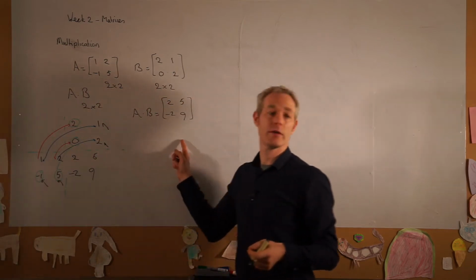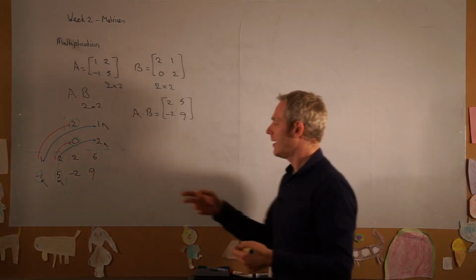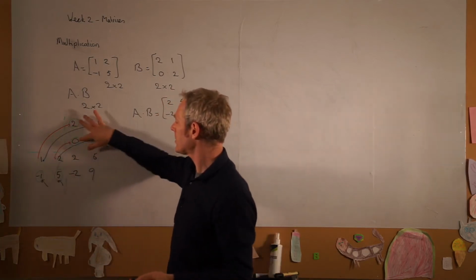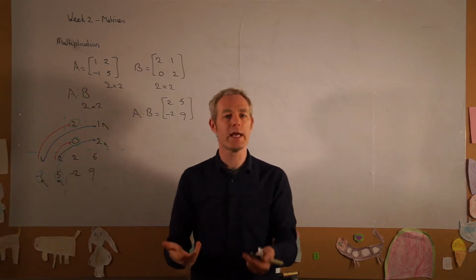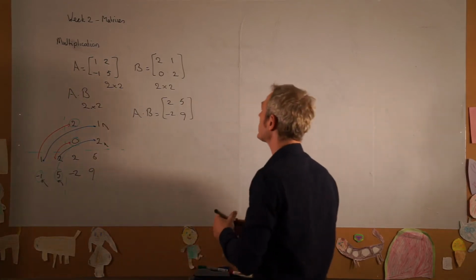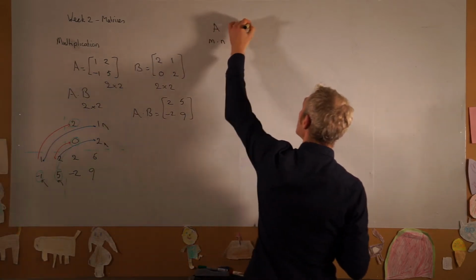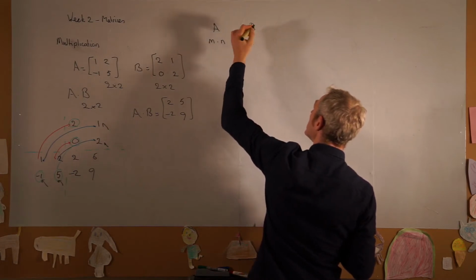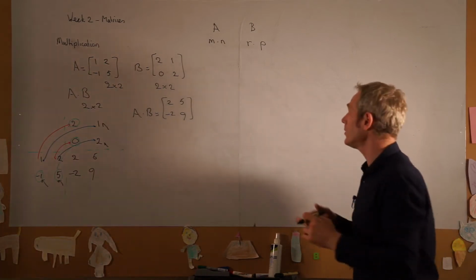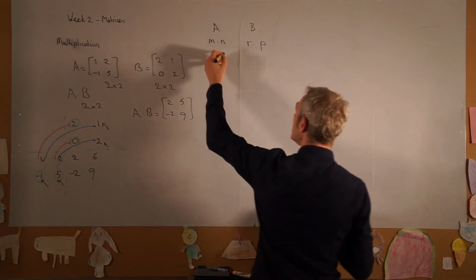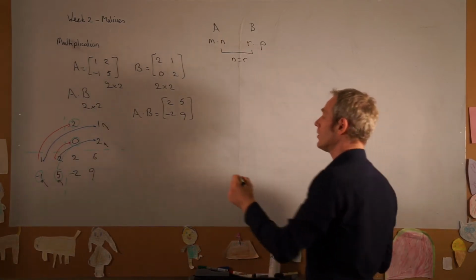And I'll show you another example of this in a minute, but we do see that this row had 2 elements and this column had 2 elements. If this column would have had 3 elements, we wouldn't have been able to perform the multiplication. So if A is a matrix M by N, and B is a matrix R times P, we know that if we should be able to multiply these two, N and R must be equal to each other, and these are called the inner